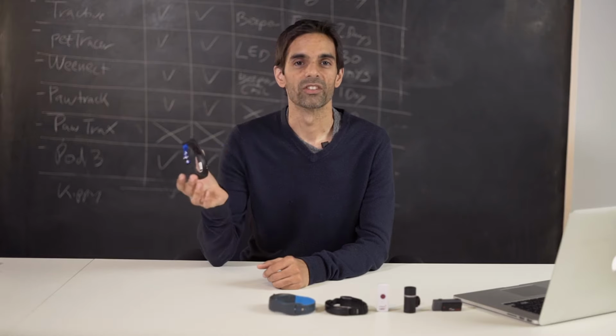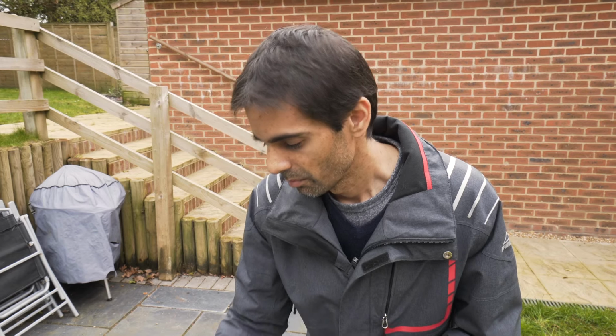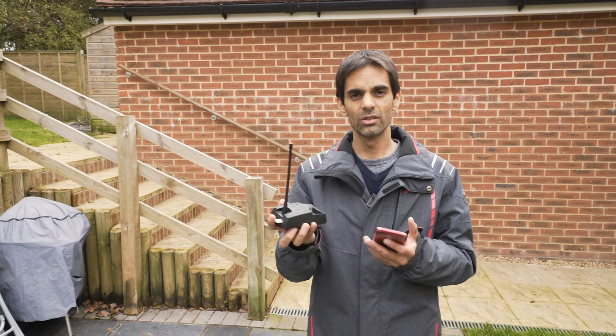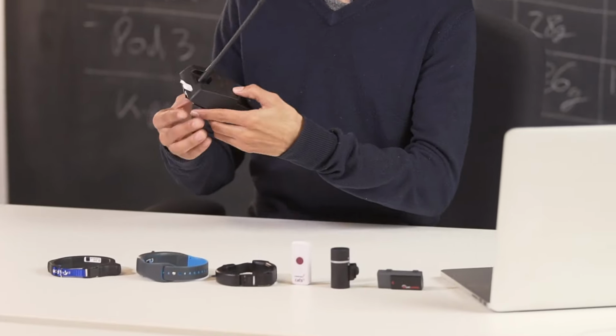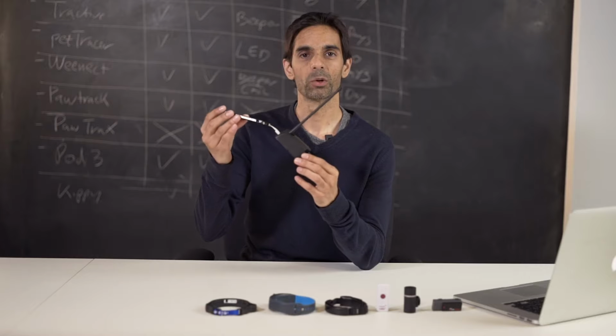Garages could be built out of solid concrete and then we also wouldn't get a GPS position. That's why petTracer has a radio search technology and I'm going to show you how it works. This is the home station, the charger and receiver. You can power it up with a power bank,